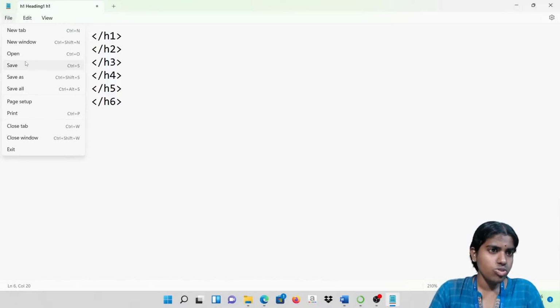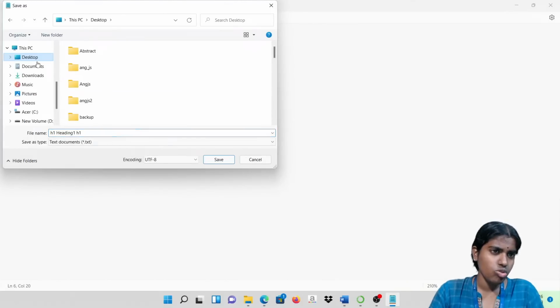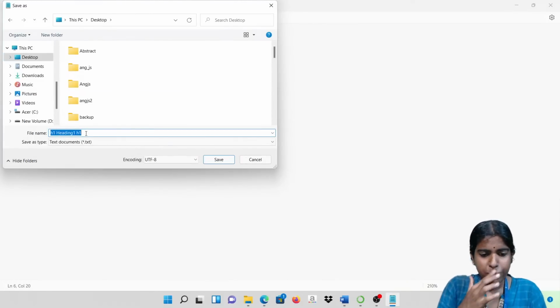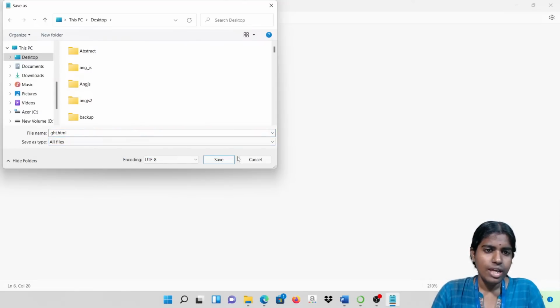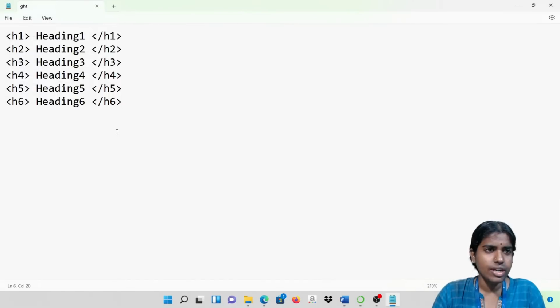Whenever you want to save this file, you can save it with the .html extension. I am saving this as dht.html inside the desktop.